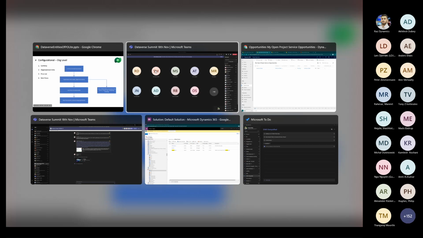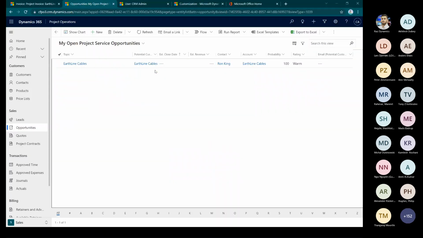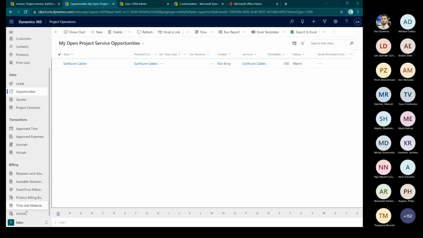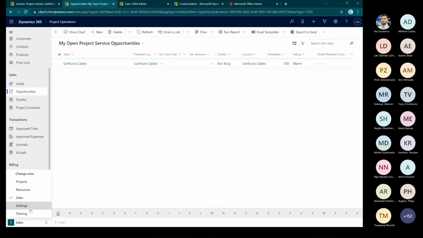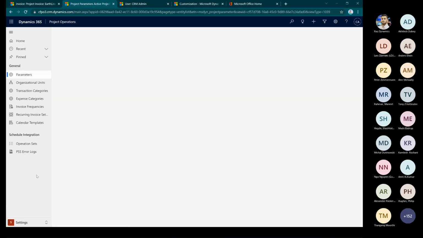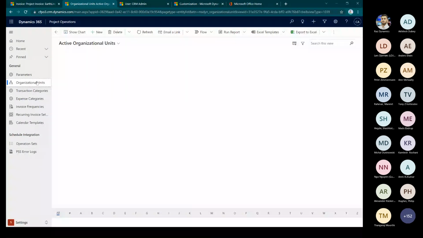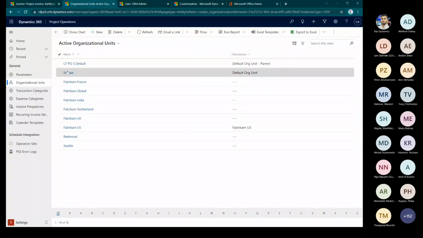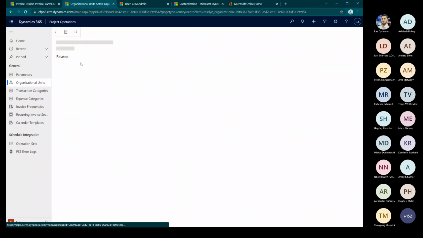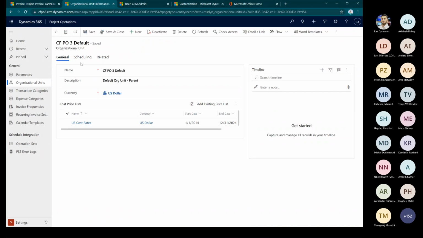So if I go to my Dynamics 365, I will show what I'm talking about and also talk a little bit about the entity from a functional perspective, what that entity is. I'm not just going to talk about where the entity is, but also what it means. So organizational unit also means that